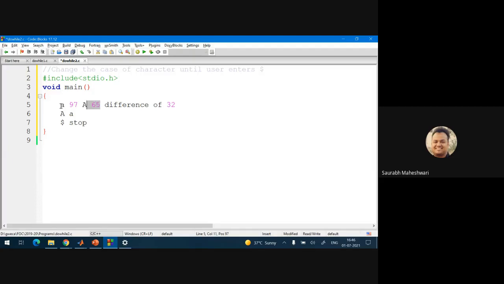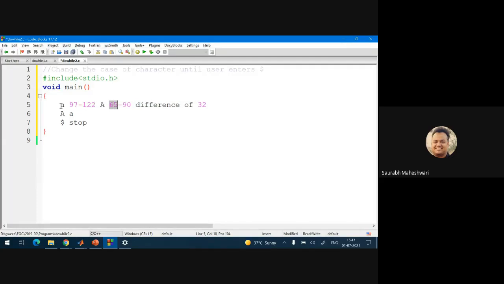So if you get a capital letter, or uppercase letter, between 65 to 90, what can you do? You can simply add 32 to go to the range 97 to 122.